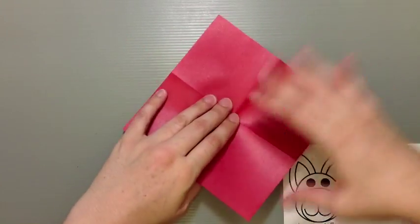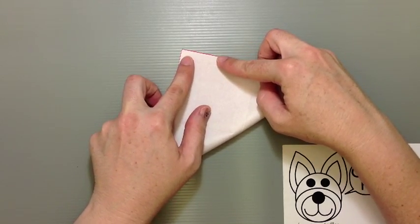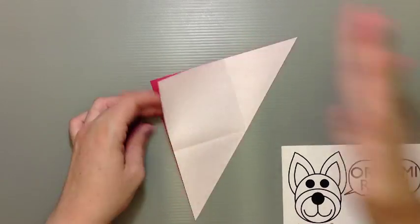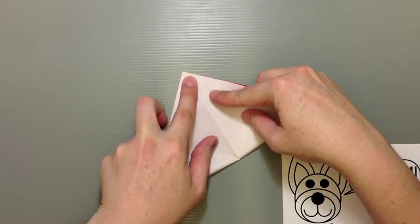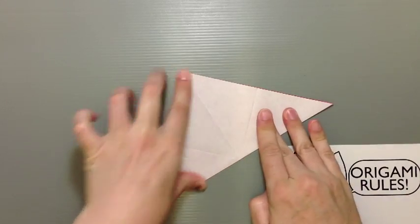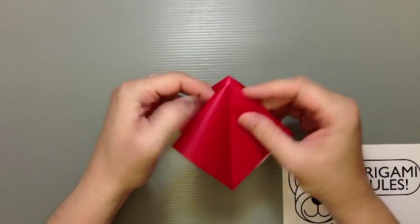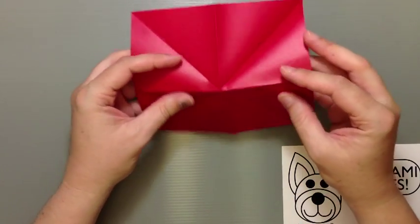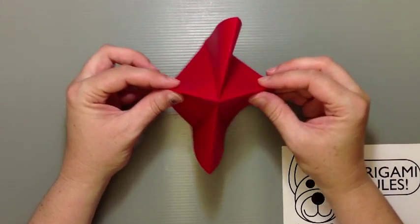Open it color side facing up, then we'll fold the paper in half diagonally to make a big triangle. And we'll do that going both ways. Open it up, fold the other way as well. Once you've got all those preliminary creases, open it up and shimmy it around until we can get to the square base here. So you just use those mountain creases, pinching on opposite sides, and push in until it